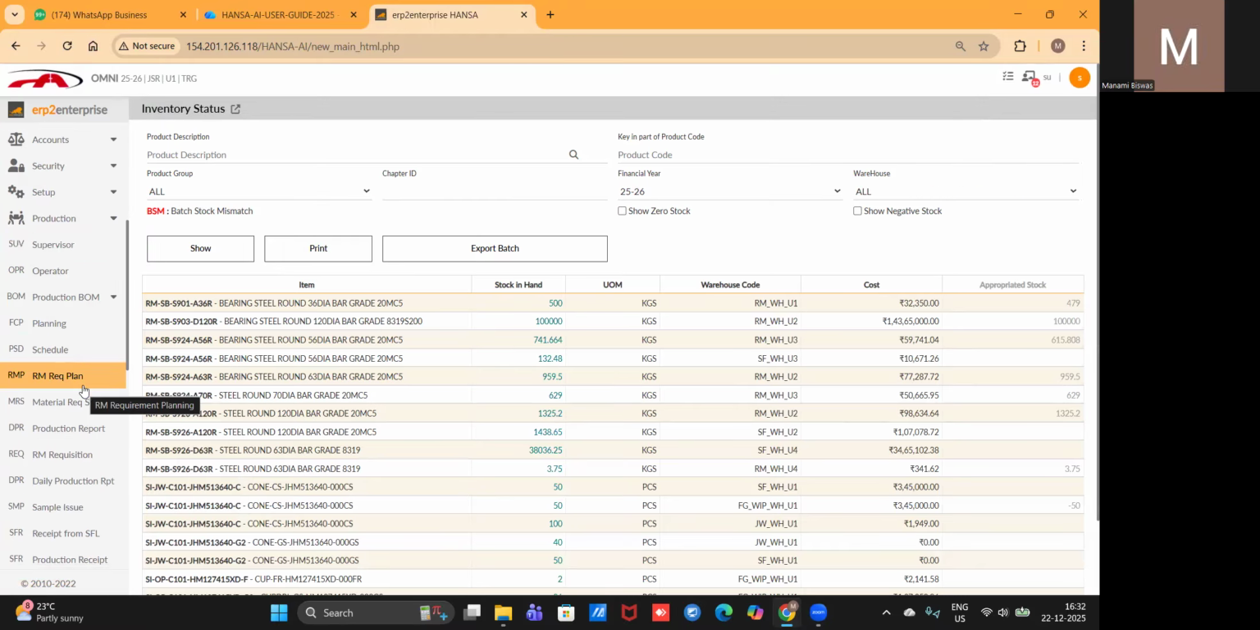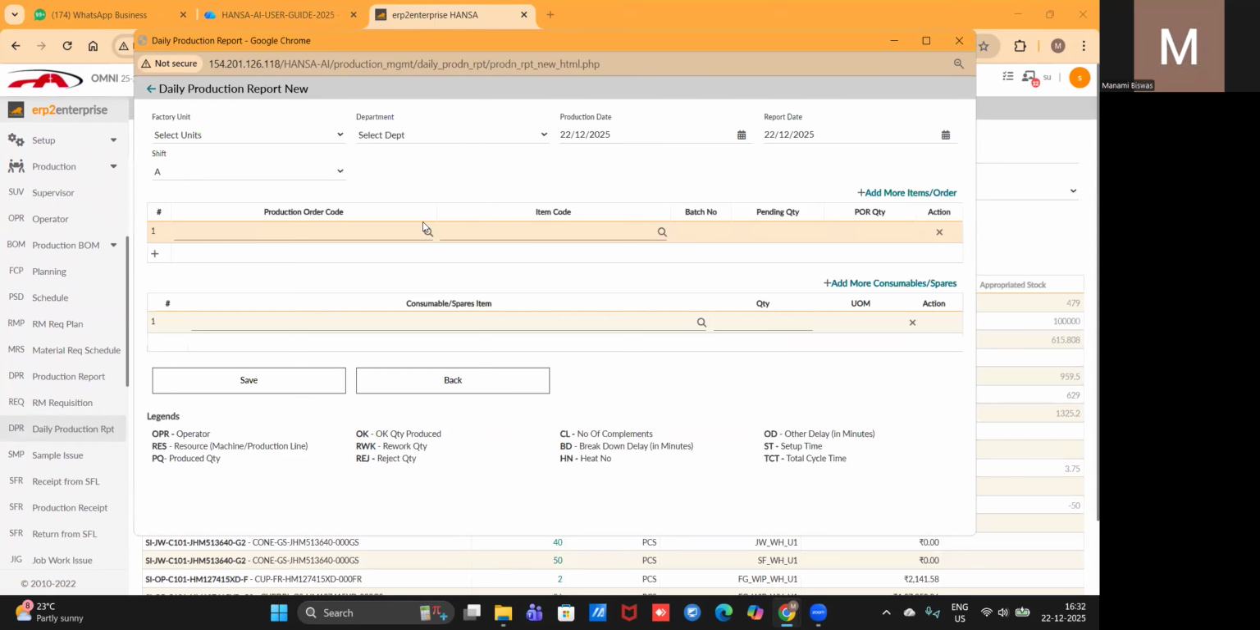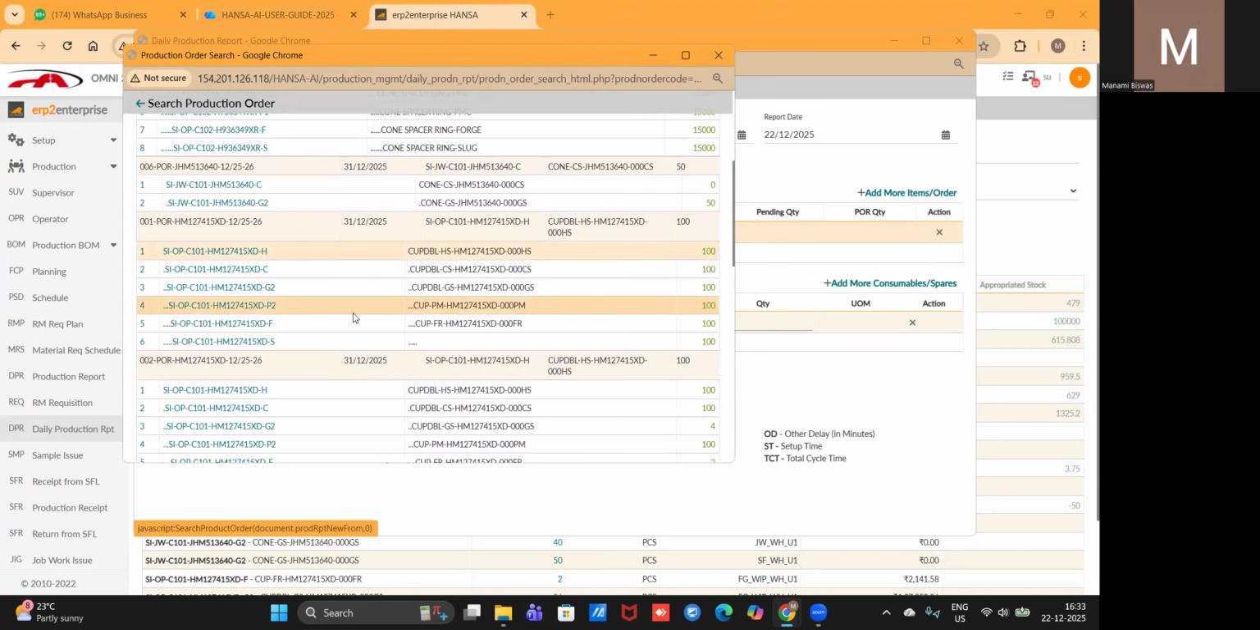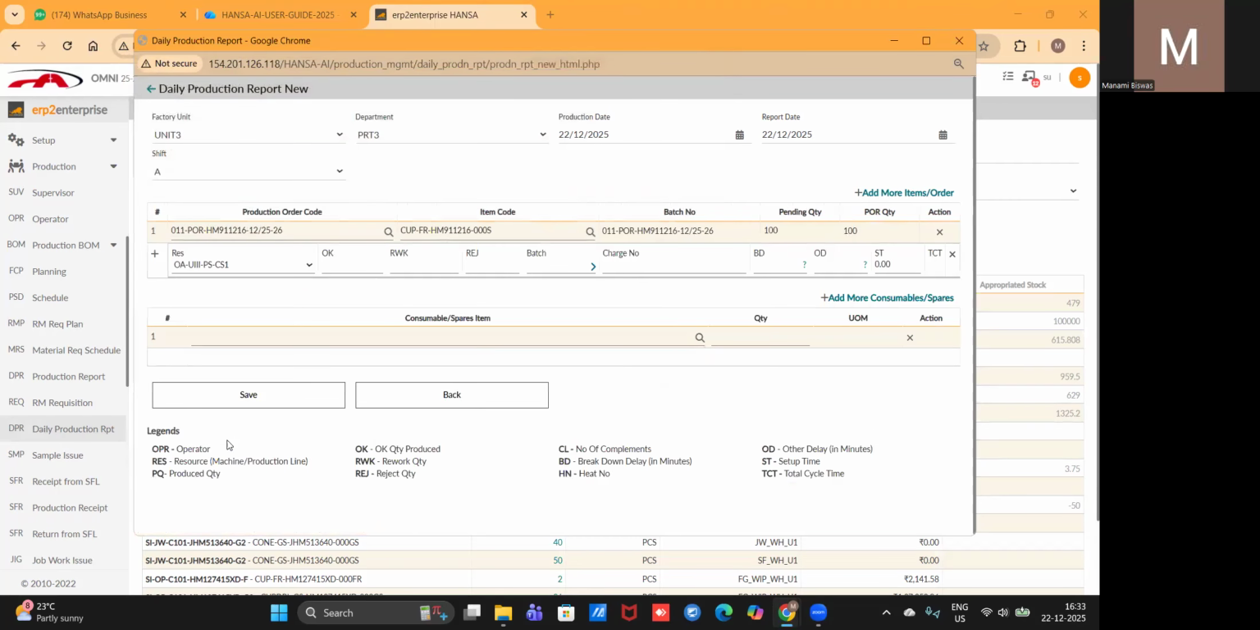Now let's go to daily production report. The daily production report is the main conversion stage where I will produce slug item from steel bar. So let's go and click on the new document. I'm selecting the factory unit, unit 3, and department is parting and production order code. I will simply click on the search button, and here we will see the pending production orders, and I have found my production order number,